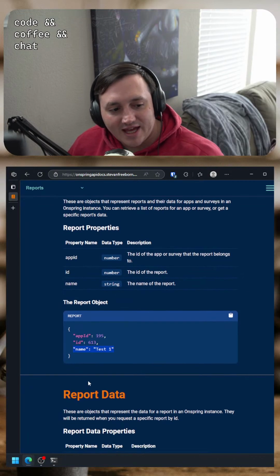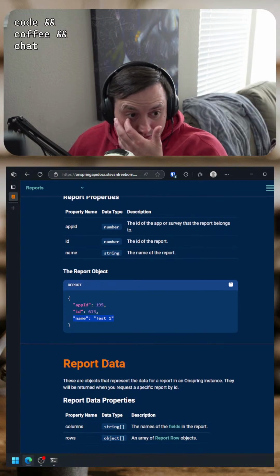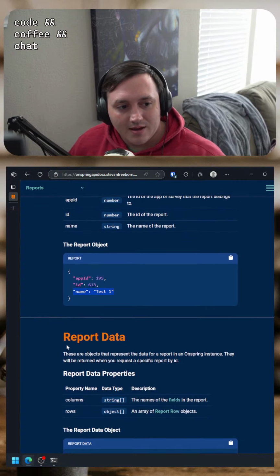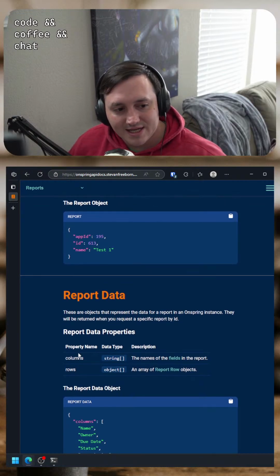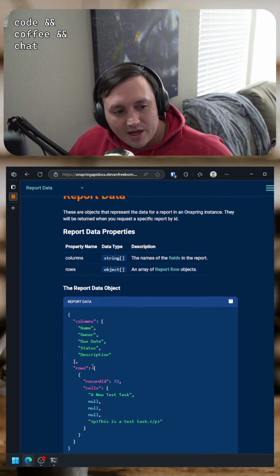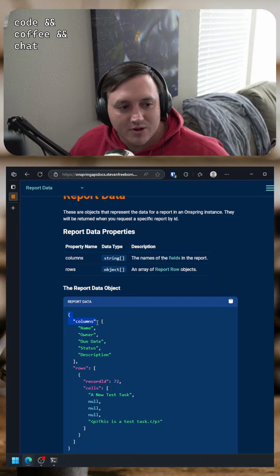The reason for that is this endpoint is only useful for figuring out what reports are in an app. Then I'll use the report name to look up the report ID to get the actual data. I think this data structure is probably okay for the LLM to make use of it. I don't know 100% though.